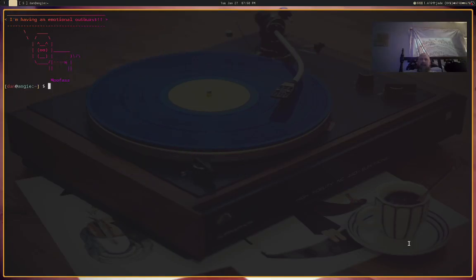Anyway, I'm messing around with MangoWC, Mango Wayland Compositor. It's based off of DWL, which is based off of DWM, which I'm a big fan of. I played around with DWL a couple years ago, and it has been a while since I've done anything remotely close to MangoWC. But anyway, I'll go through the configs, but I'm going to show you first,